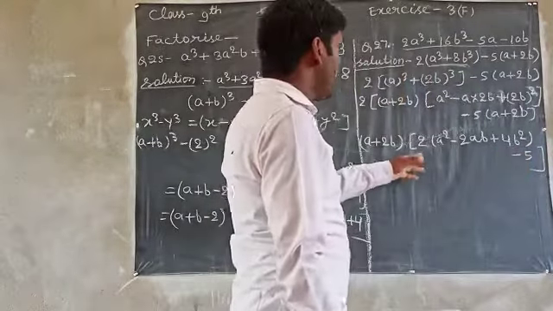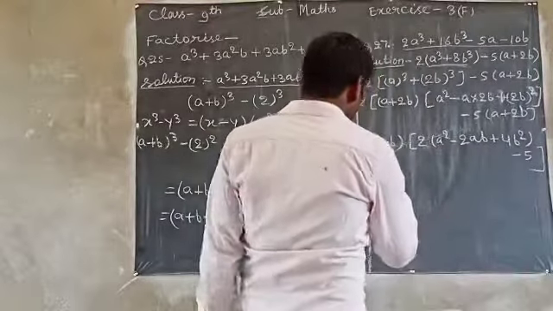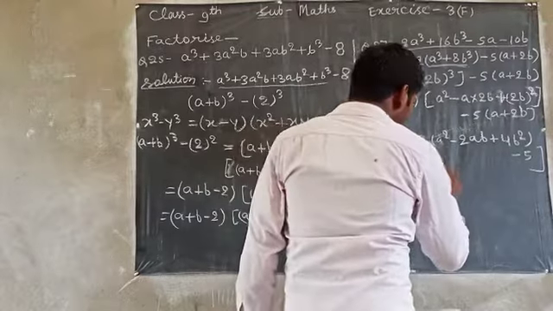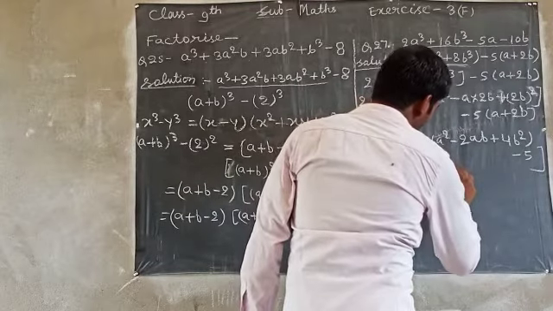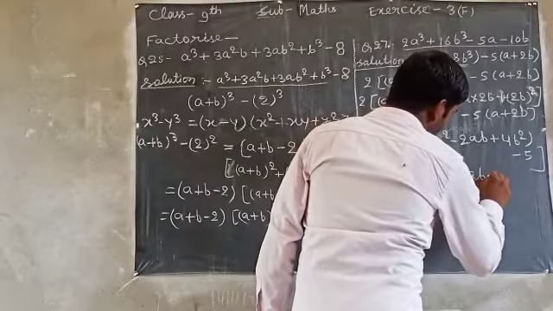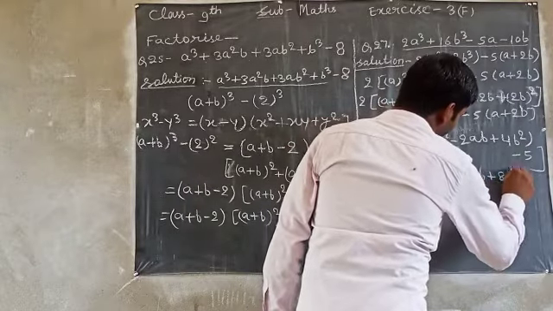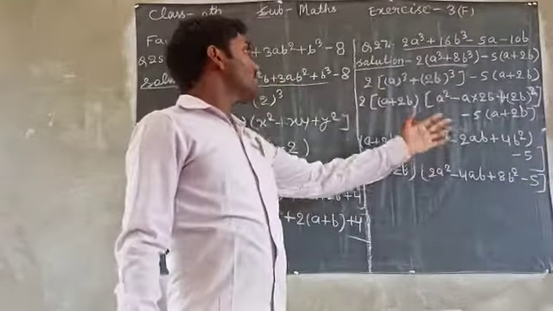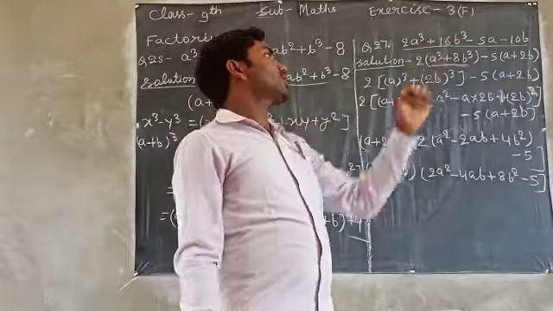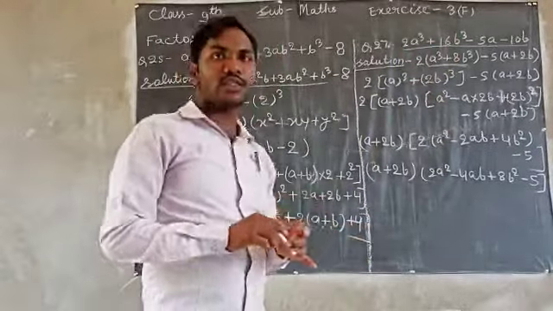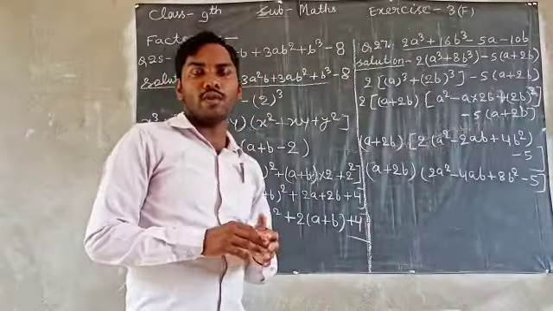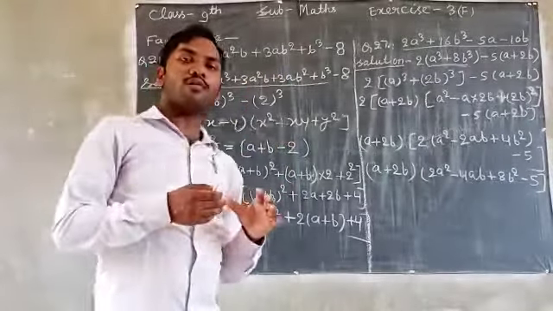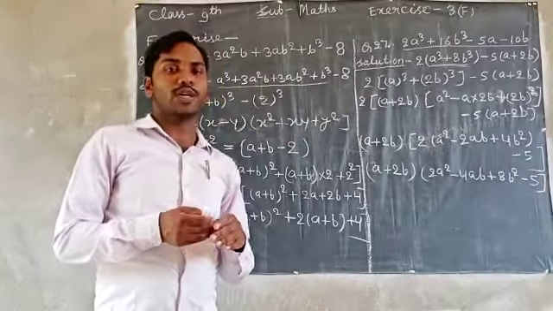If we want, we can multiply it. So it will be (a plus 2b) times (2a square minus 4ab plus 8b square minus 5). So these are the factors of 2a cube plus 16b cube minus 5a minus 10b. So this way we can solve the questions which are based on the sum of cubes or difference of cubes. That's all. Thank you.